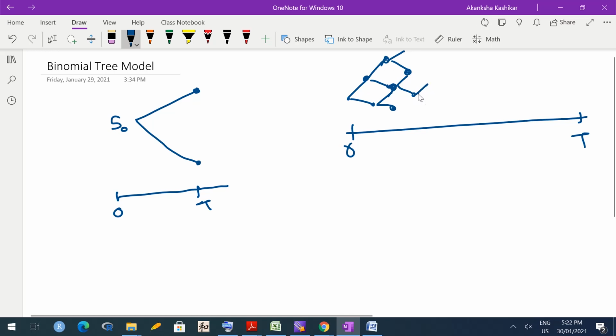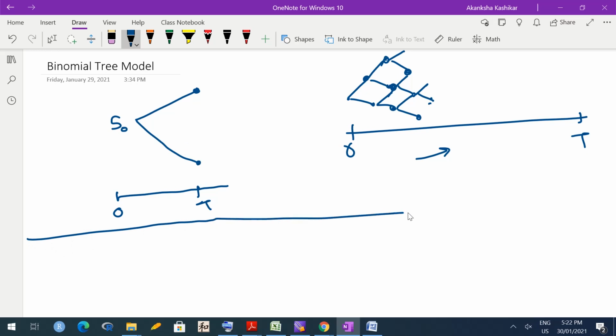So at every time point you have two possibilities, one up, one down. It grows like a tree in a horizontal direction. Hence it is known as the binomial tree model. Two choices, so binomial, and tree, because it can grow like a tree if you consider multiple time intervals. We will start with a very simple example, a single step binomial tree, so only one step.